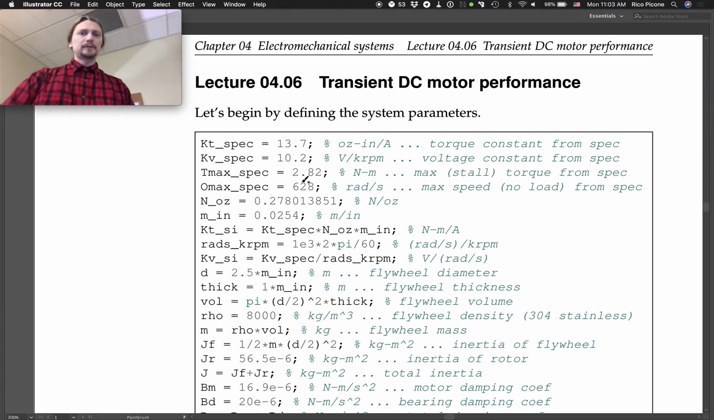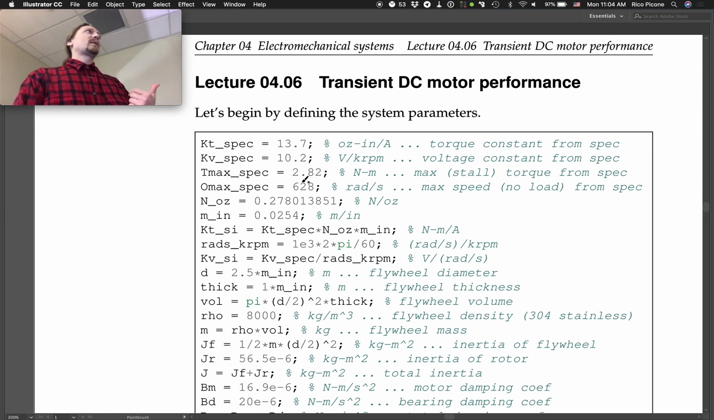Okay, there we go. So, lecture 4-6, the last actual lecture of new material. Transient DC motor performance. So, in the last lecture, lecture 4-5, we did steady state DC motor